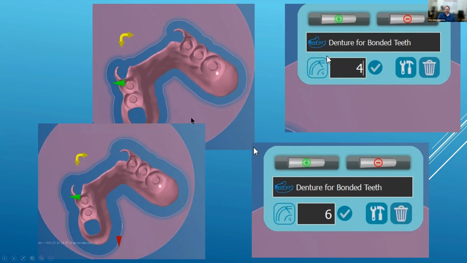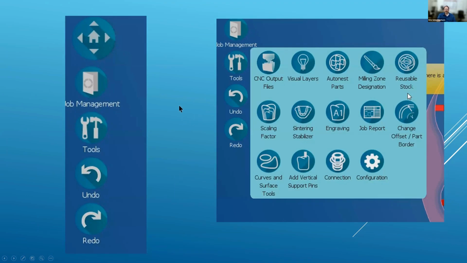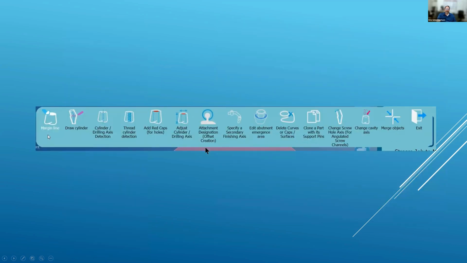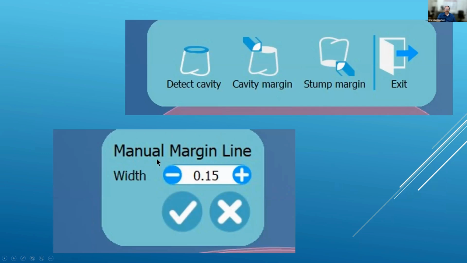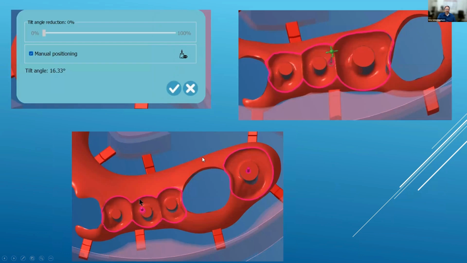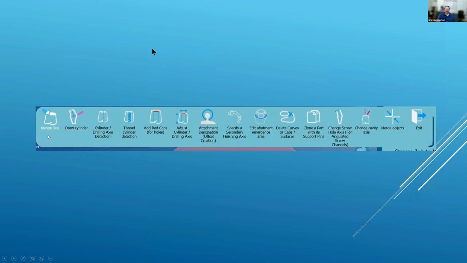There's not too much undercut on the facial. Save a little more space. And again, you're going to go to your tools. You're going to go to your curves and surface tools. You're going to mark your margin line, very similar. This offset default is fine. And then you're going to mark your margin, very similar concept. And again, it's doing the same thing. And then you're going to